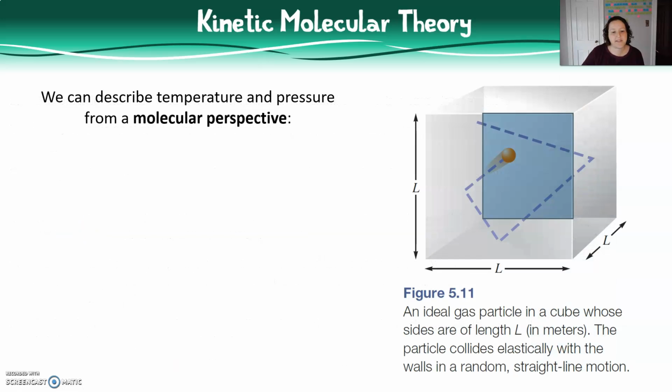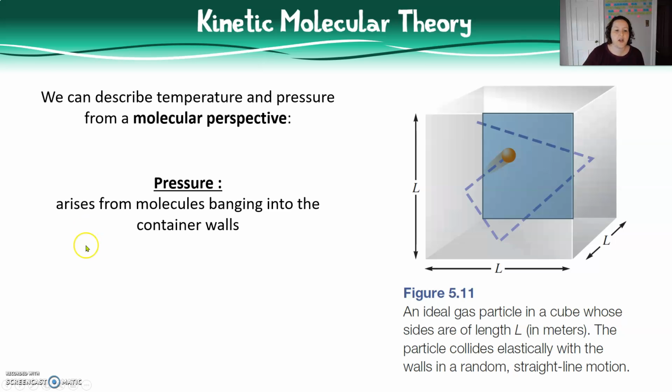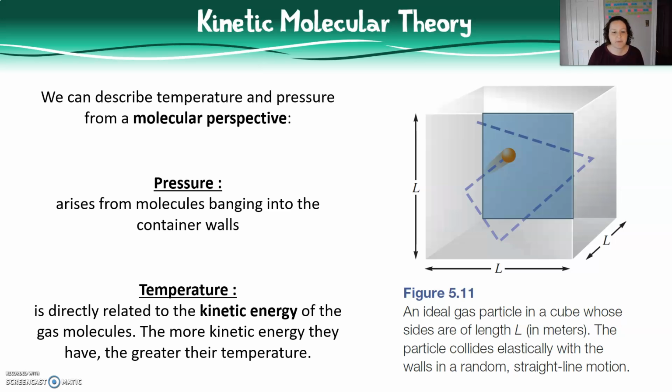Now, the main 2 points I try to focus on from kinetic molecular theory involve the way in which we want to think about temperature and pressure from a molecular perspective. Gas pressure arises from the molecules banging into the container walls, and temperature dictates the kinetic energy of the gas molecules, or basically the speed at which they are moving. If we keep these 2 basic concepts in mind, then we want to consider how the collisions with the container walls and the speed of the molecules will be affected when we change various conditions of the gas molecules themselves.